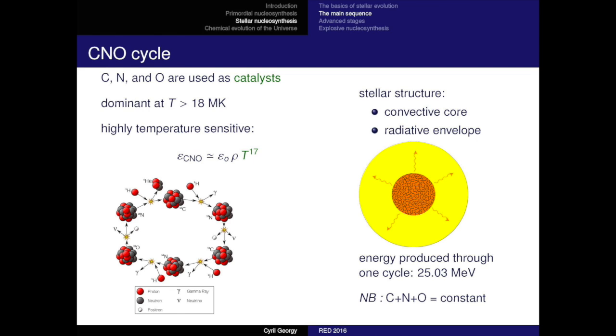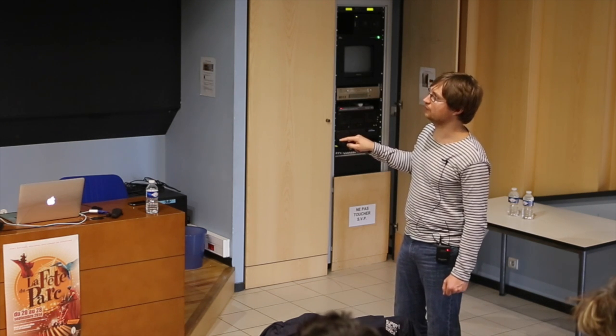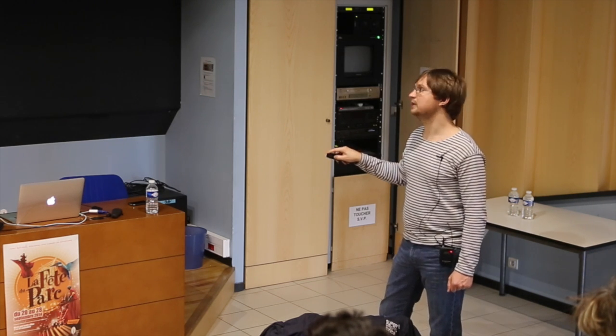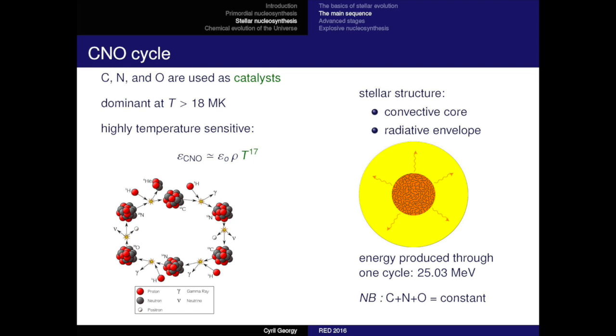Here is the CNO cycle. So you can start almost where you want. For example, starting here from the carbon 12, by successively aggregating one hydrogen you go to nitrogen 13, that will disintegrate into carbon 13 through a beta reaction, and then again you catch hydrogen protons here, going to nitrogen 14 and then oxygen 15 and so on. So you can turn around here. At some point you release an alpha particle. So the net product of this cycle is to take 4 hydrogen, one here, one here, one here, and the last here, and you release one helium. So basically you just convert